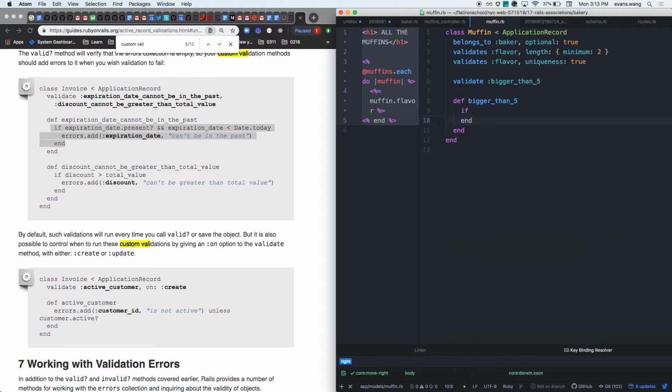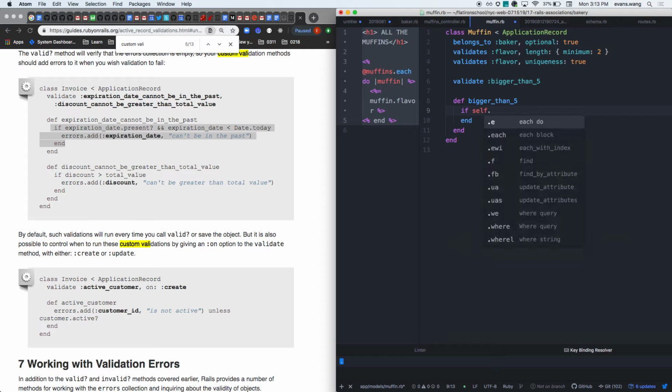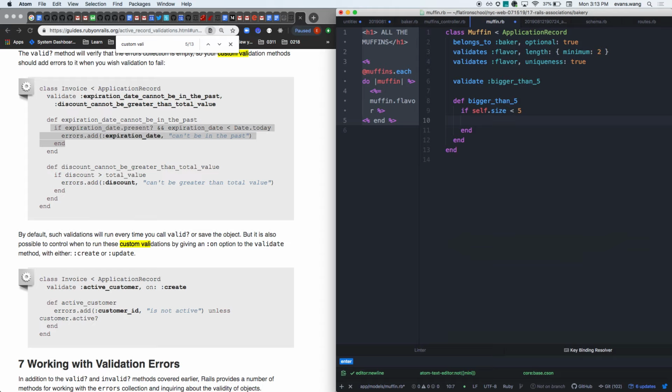So I'm thinking through, right? The if ends, the def ends, right? If the particular muffin, right? But which one? Self. This one. The one that I'm calling the method on. So self dot, right? Size is an attribute of the muffin, right? If the self dot size is less than 5, then we can simply put